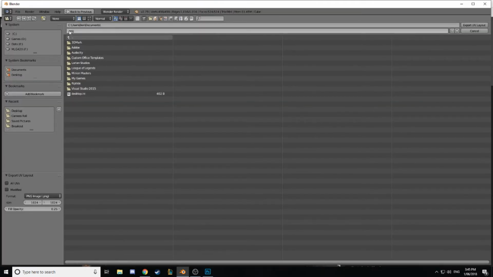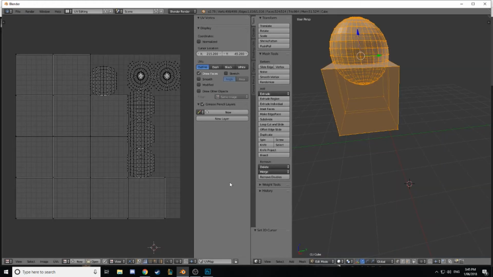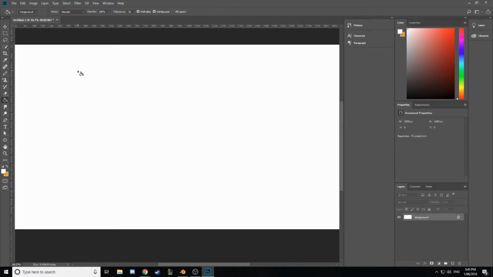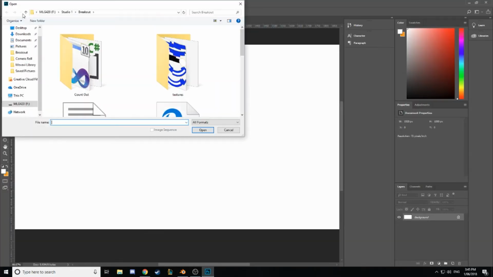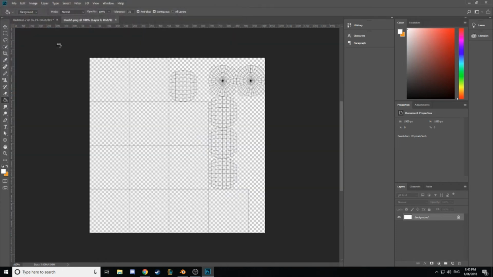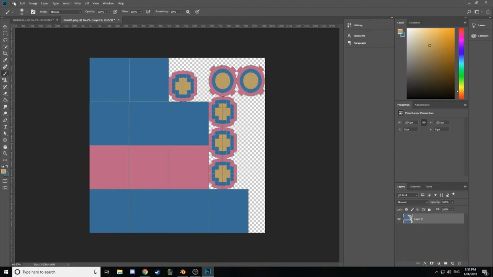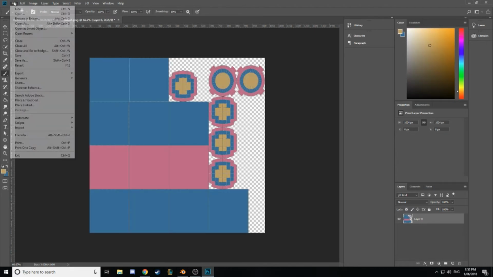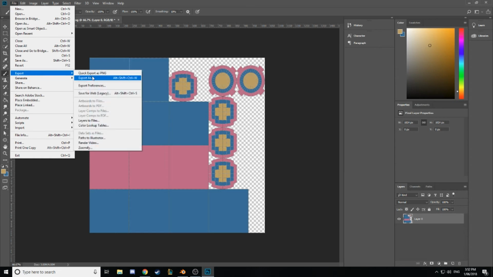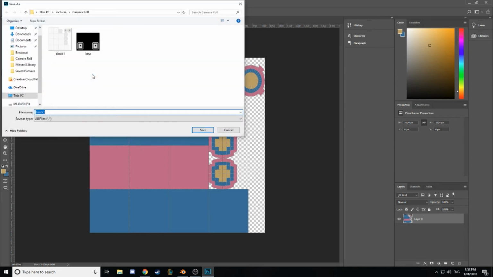and save it as whatever you want to call it, and then that way you can edit the actual vertices of the texture in Photoshop or whatever program that you use, and you can put it back in and it will be completely accurate to the shape. So that is what you're seeing me doing here right now. I'm just loading the image that I exported into Photoshop, and now fast forward to when I actually finished painting it. Now you just save it as a PNG or whatever file type that you want,